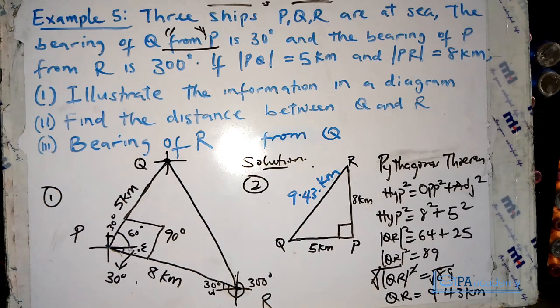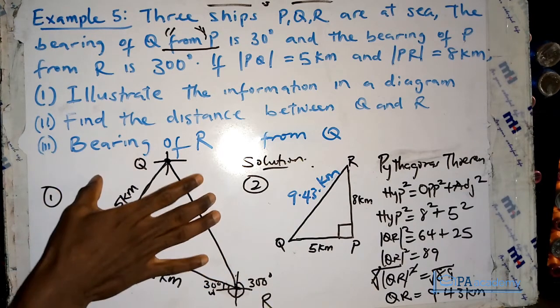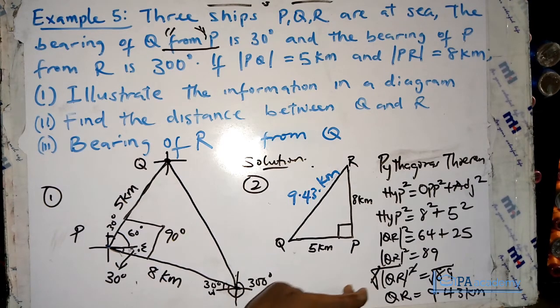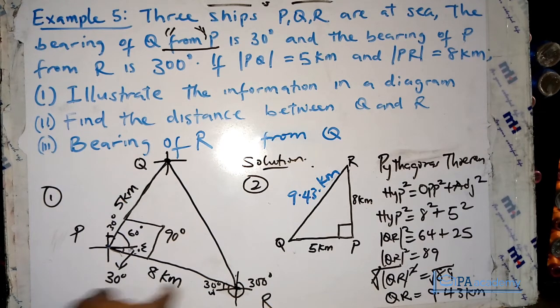Also, if you have been following along, you might be thinking that we can also use the cosine rule instead of Pythagoras theorem. But the reason why I went ahead to use Pythagoras theorem straight away is because, look at it, if you are to use cosine rule,